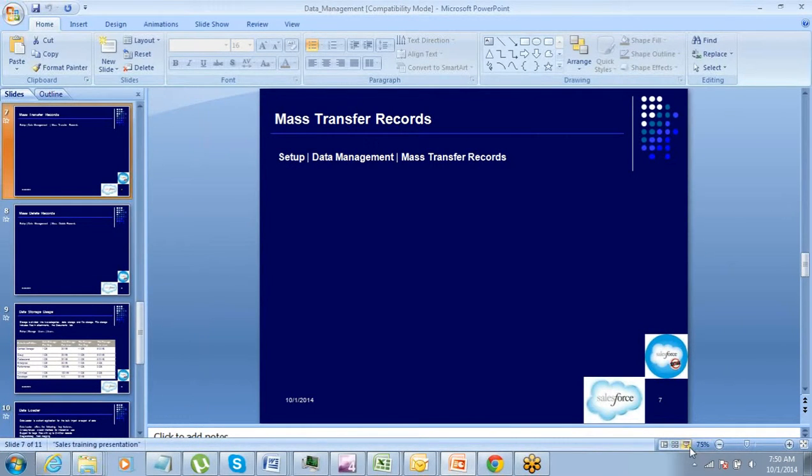Fine. So the next thing that we will talk about is mass delete of records. What is this mass delete of records? Mass delete is again a simple thing. If you want to delete multiple records by mistake, if you have done an import, or if you have some duplicate records, if you find that the records are too old and you just want to delete them from the system, or you are running short of space on your Salesforce org and you plan to archive some data. So all these can be reasons for deleting the data, right?